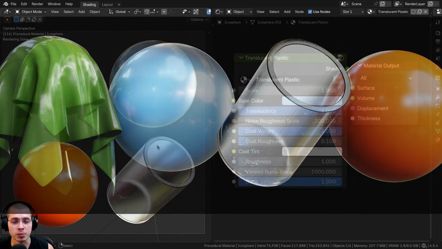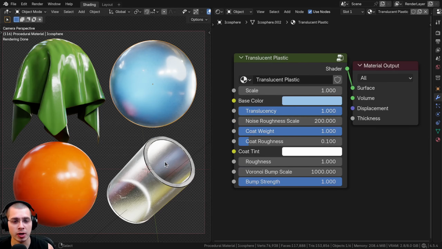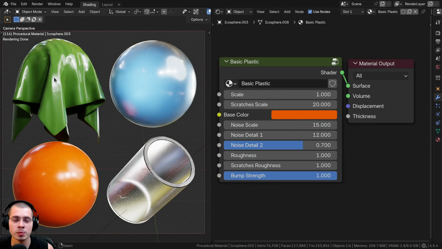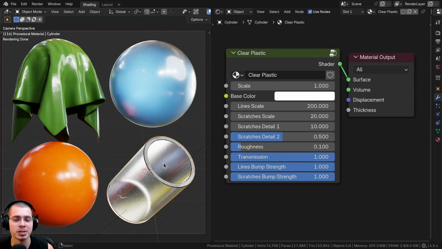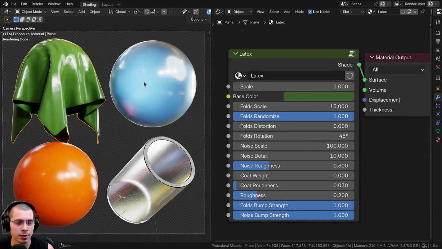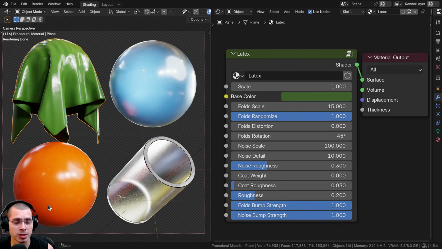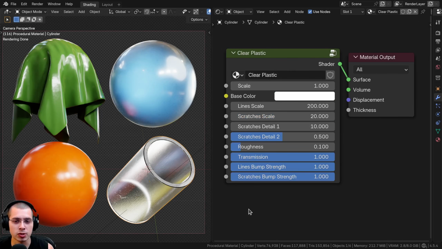And in this tutorial, as well as showing you how to create each of the plastic materials, I'll also be showing you how to join them together into these custom node groups so you can customize the look of the material. Now, if you'd just like to create one of these materials, then I'll have timestamps in the video description and you can just jump to a certain part in this video and learn how to create one of the materials. But for anyone who's purchased the material, I'm going to go over each material and show you the different